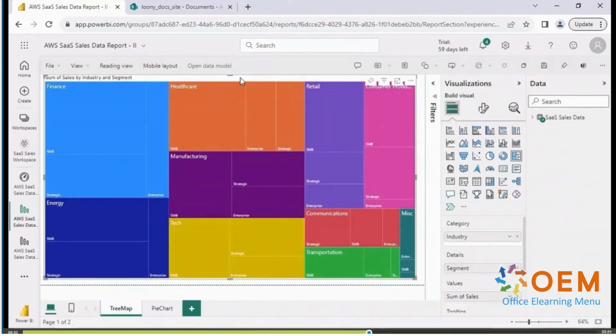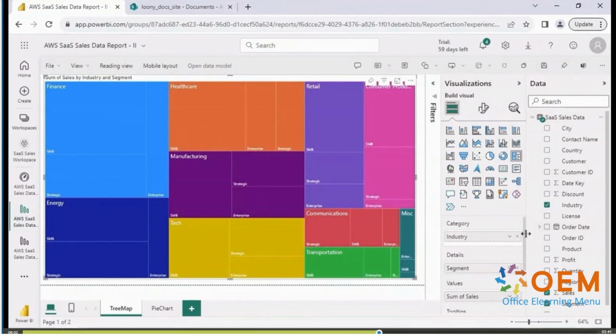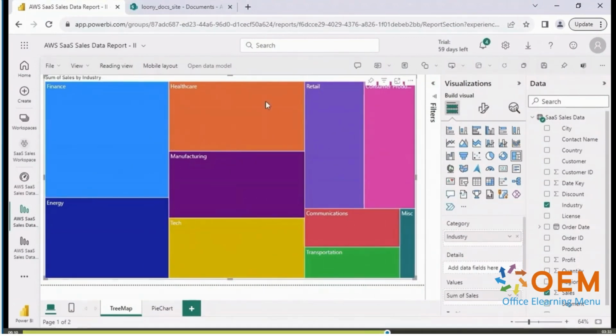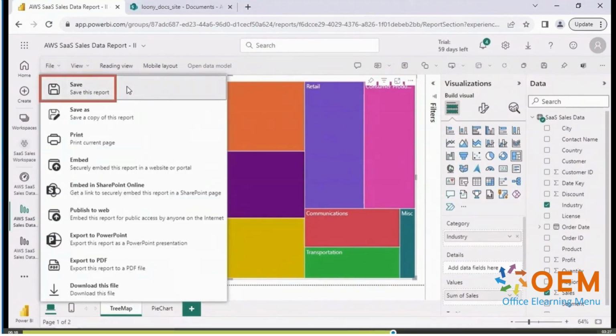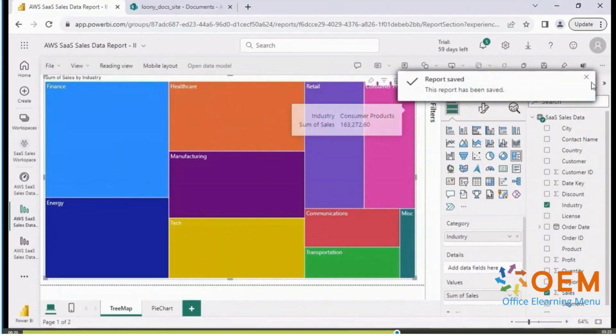I'm now going to make a change to this visual here in the report. Observe that we are in the report AWS SaaS Sales Data Report 2, and here I'm going to change this tree map so that it no longer displays segment details. So under the details section, notice we have segment. I'm going to get rid of this so this tree map only shows us the sum of sales by industry. So this is a change I've made to the report, and after having saved this change,